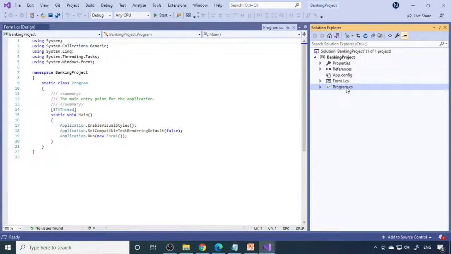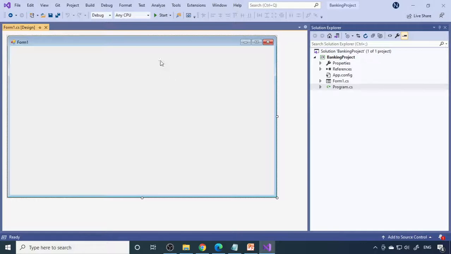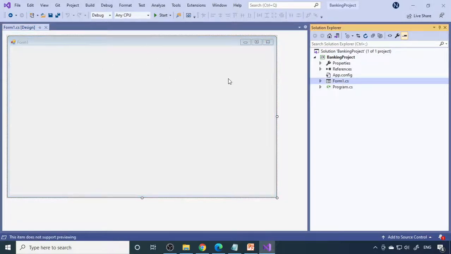And it also has one more file called program.cs, which is a class file. So here it'll show which form you want to start. First, when you run the project, which is the first form you want to run. So that is there here. In case you want to change, we need to change it in the program.cs. Right. So now you can see that this is form 1. So this form 1 is the main form now, but you can add other forms also. But this is the existing form.